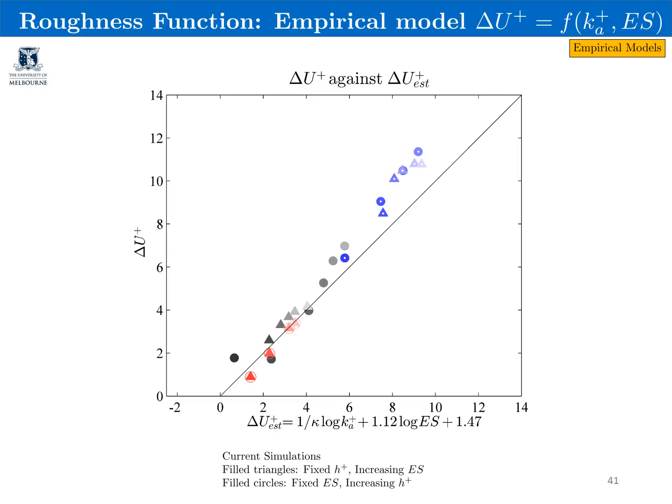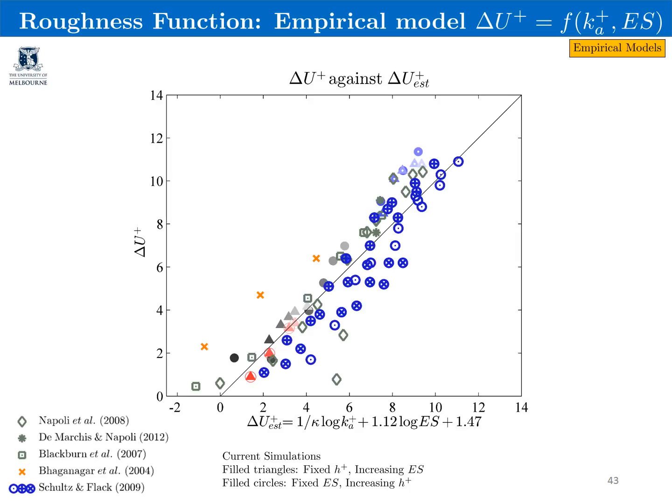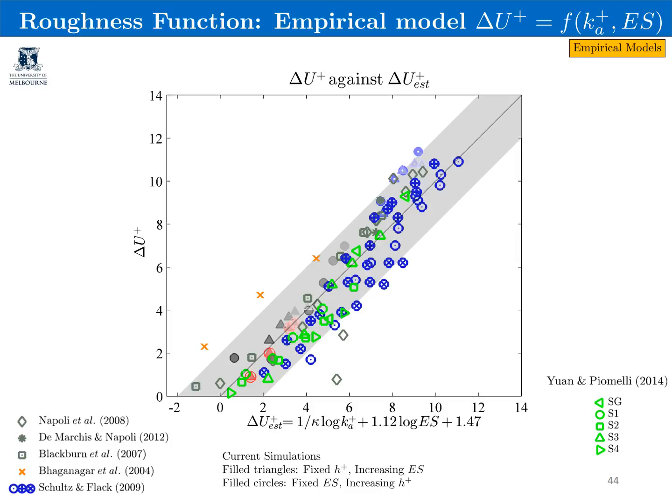Plotting our data, it appears to follow quite closely to this diagonal line. We can also plot other experimental and numerical works, and here I have shaded the region of ±2 of the roughness function model. There is still quite a bit of scatter in the data. However, you can see that the collapse is much better than when just using ka+ or Es. The proposed roughness function model also appears to be able to reasonably predict the drag of a surface in the